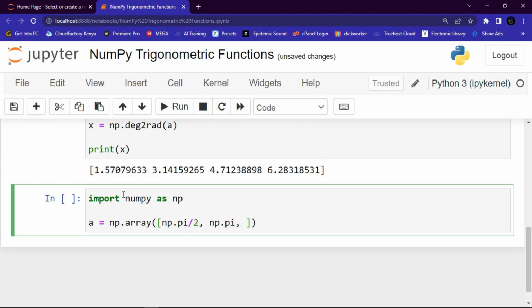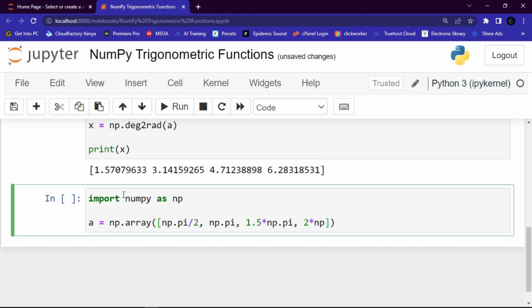Perhaps let me try it with the multiplication. Let me say, for example, 1.5 times np.pi, and then here let me give it perhaps 2 times